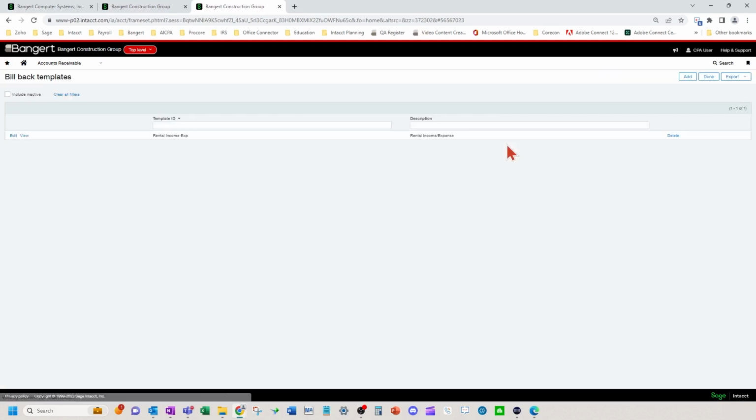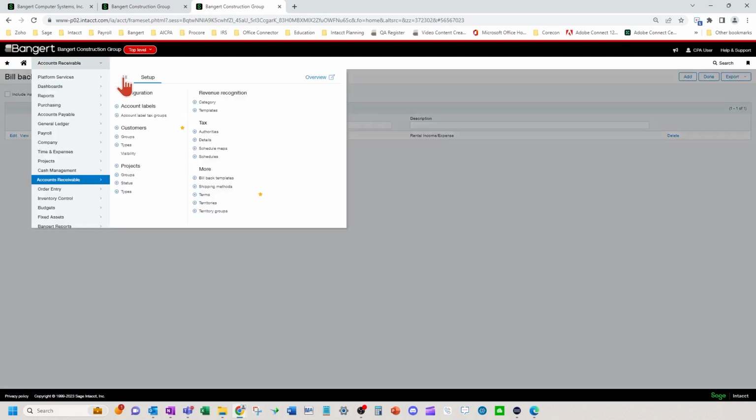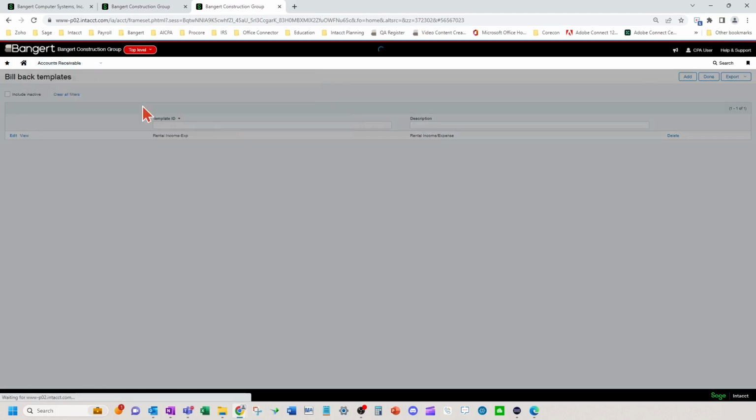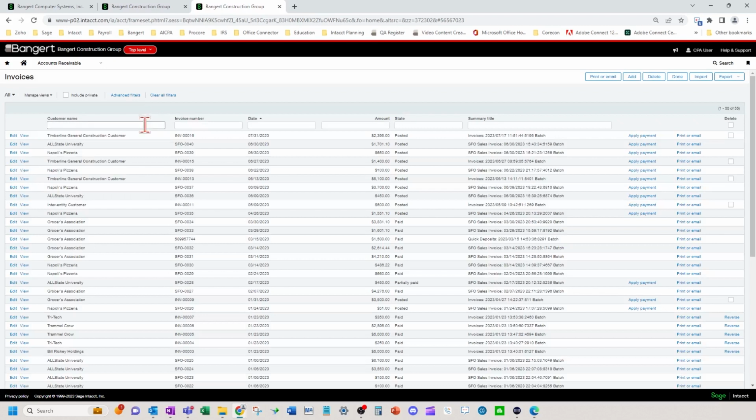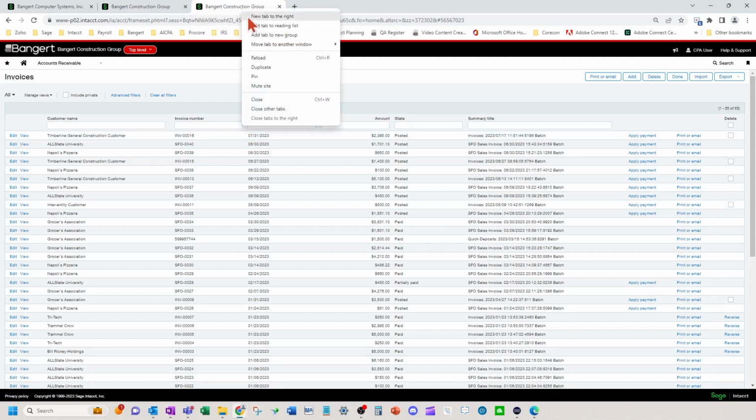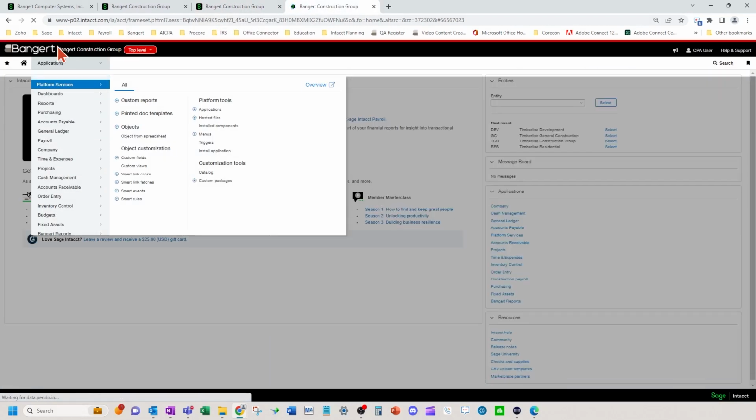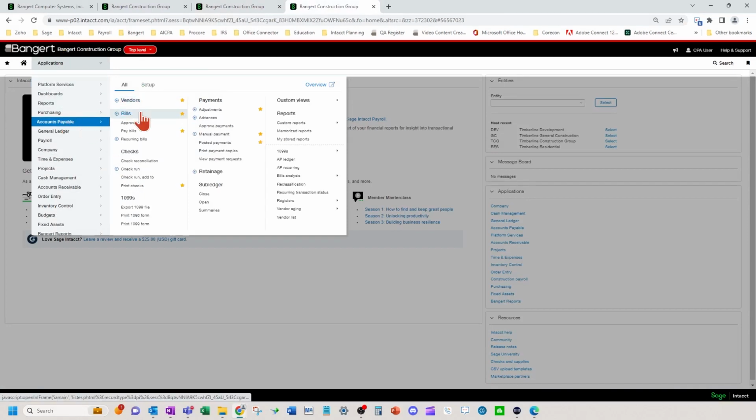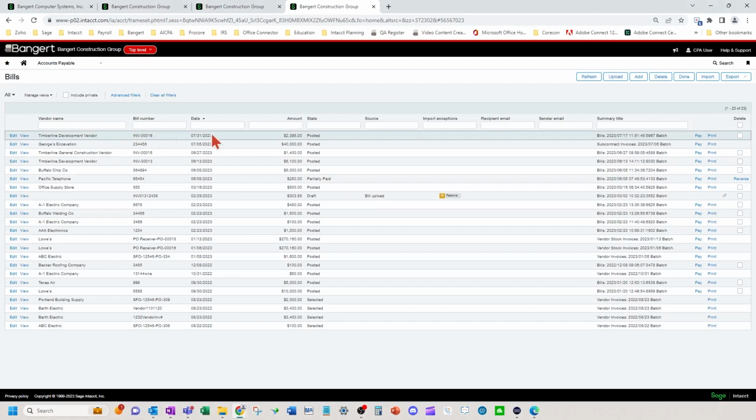Get out of here and we'll do an actual bill back transaction. So I'm going to navigate to the invoices in accounts receivable. And I've already got one generated here. So I'm going to pull this up, regenerate it, and duplicate what I did already. But you can see here, there's an invoice for $2,395 on 7/31. I'm going to duplicate the tab up here so you can see the accounts payable bill here that matches that transaction. So I'm going to explain these here in a second.